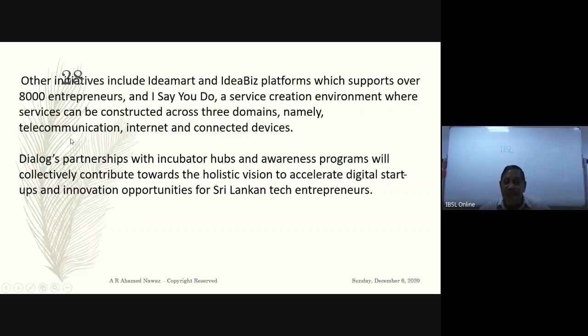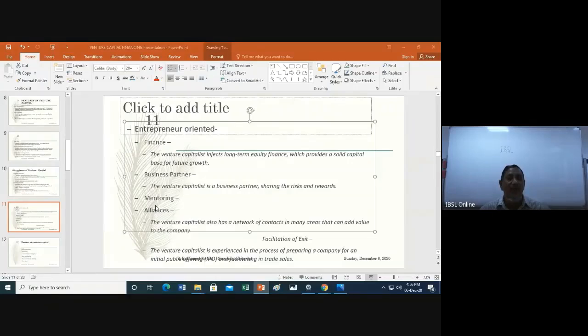So if they succeed, we hope we will get success, because the background is from Dialogue. In Sri Lanka we can manufacture our own mobile phones. Our entrepreneurs will do that definitely. Okay, so